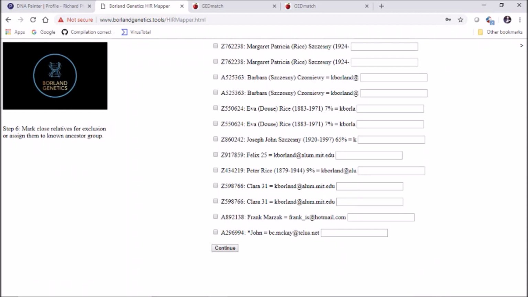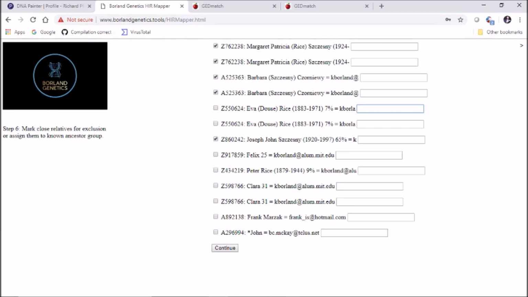Okay, so it's going to identify some close relatives that I may want to exclude depending on which workflow I'm using this for. And since we're trying to determine whether a segment belongs to my mother's father's side or mother's mother's side, her full sister is not going to be helpful because she is both a paternal and maternal relative. So we want to exclude this from our calculation. Also, I've already reconstructed my mother's parents, Joseph and Margaret. So if I included those that would be cheating. So I don't want to do that. Okay, so for all the other ones,